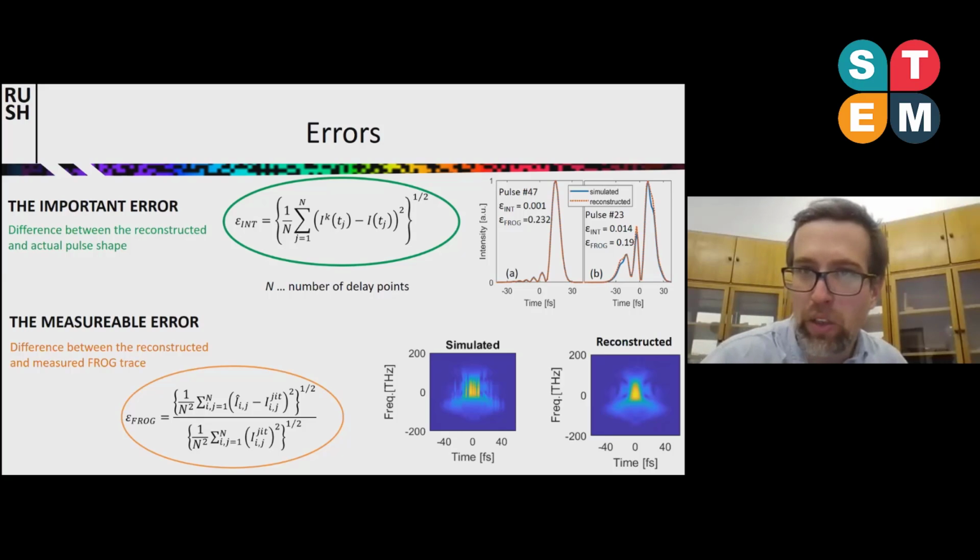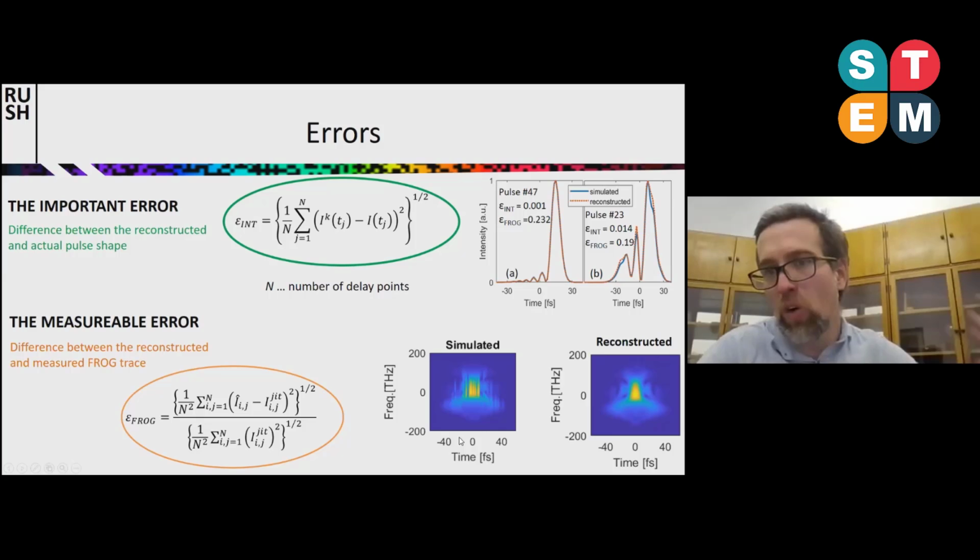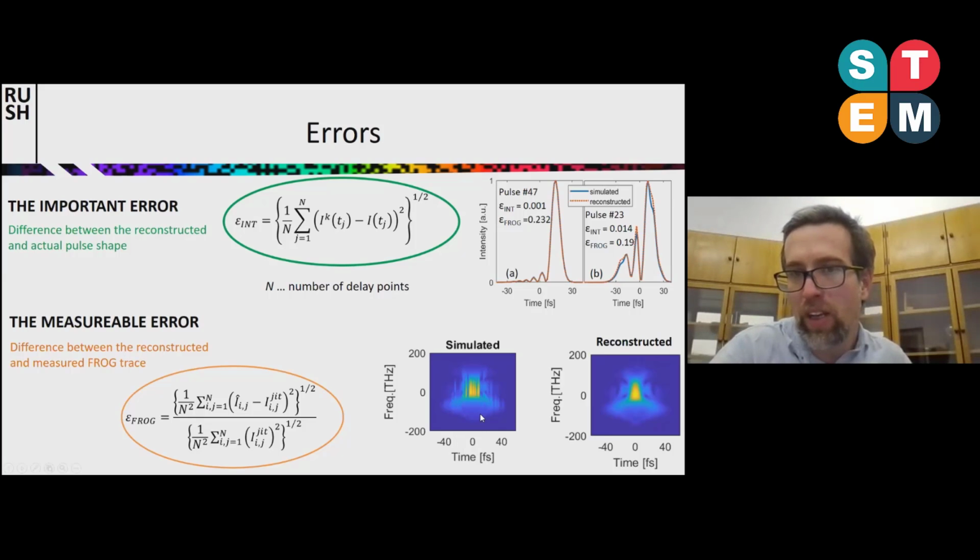But this is not something that you can access in the experiment. Instead, you can measure this error: this is the simulated one, and this is the measured FROG trace, the corrupted FROG trace, the one that you measure. And this is the FROG trace that you get from the reconstruction. That you can always get, because you will measure a certain FROG trace, you will reconstruct it, you will see the difference.